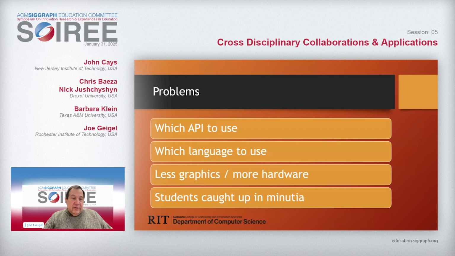Many instructors who didn't in the past use OpenGL insisted on using C or C++, which is okay, but if the student doesn't know those languages, what do you do about it? We don't want them learning a language as well as graphics. As the API became more and more complex, we found ourselves teaching less about graphics and more about hardware. Not that hardware is a bad thing for a computer science course, it isn't, but